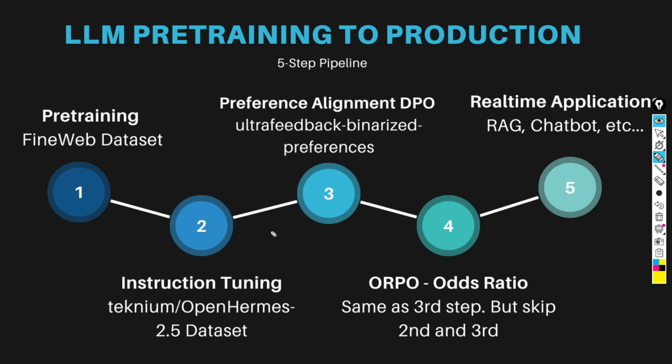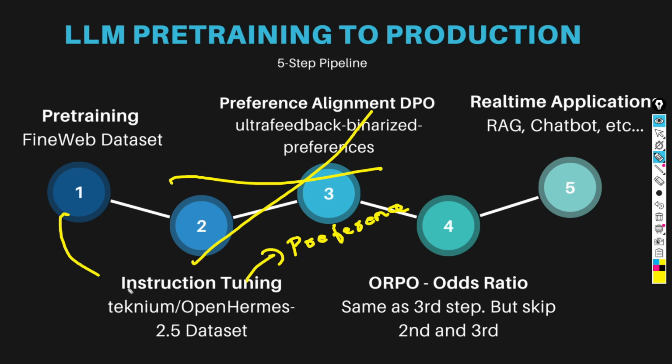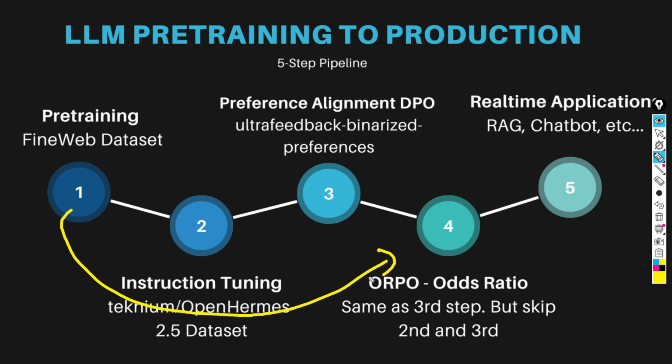So here what happens is, let's say you have open source data itself with preference. It is not there. Okay, but if you can find such a good dataset, right, you can avoid these two steps. You can jump from 1 to 4. Okay, you can jump from 1 to 4 if you have such a dataset,